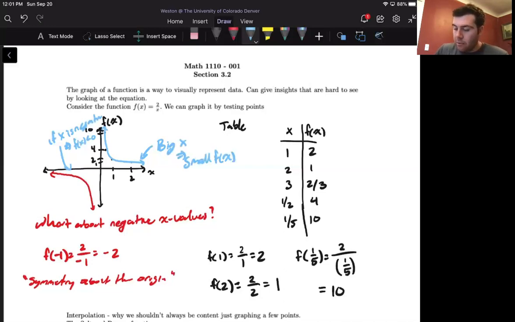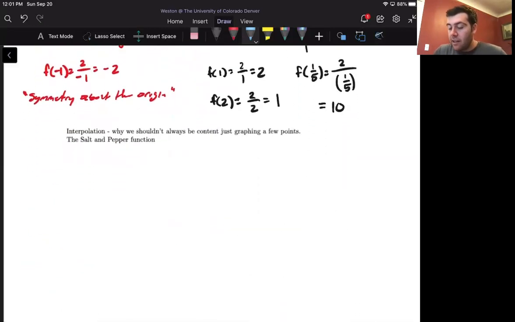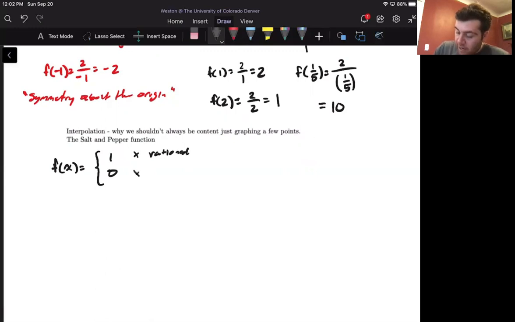This works well for pre-calc, but it doesn't always work well for all functions in particular. And I'll give an extreme example. There's this one crazy function. It's called the salt and pepper function, where it's 1 if it's rational,